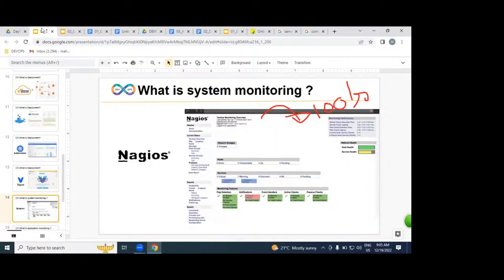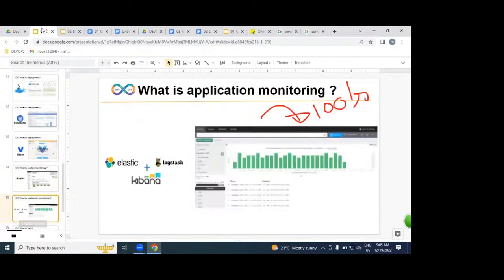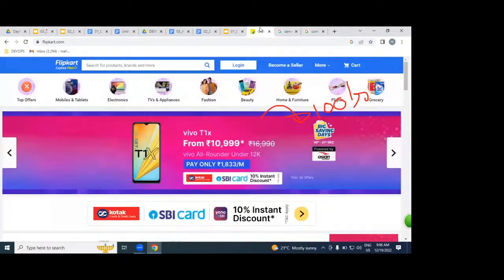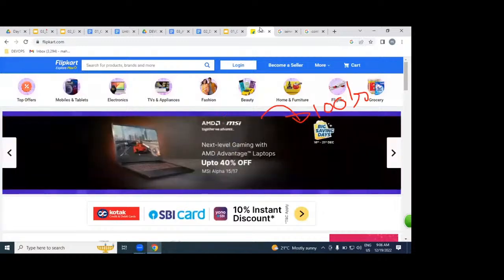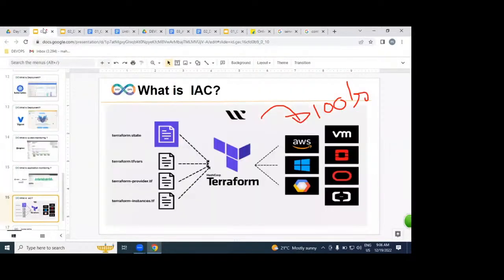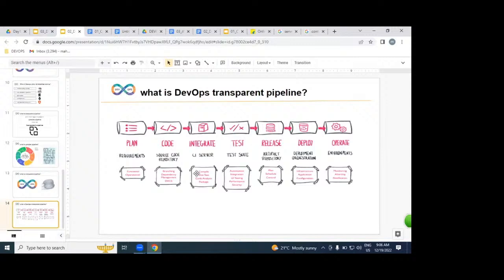And we are going to be using Nagios. Nagios is system monitoring, means RAM, what is the RAM size, CPU, we can monitor. We're going to be learning ELK. ELK is Elastic, Logstash, Kibana. We're going to monitor applications, how exactly this website is performing. And we are going to be learning Terraform. Terraform is a cross cloud platform. By using Terraform, we can create a service in cross cloud, means AWS, Azure, Google, any cloud. By using all these tools, we are going to be implementing our DEVOPS process.